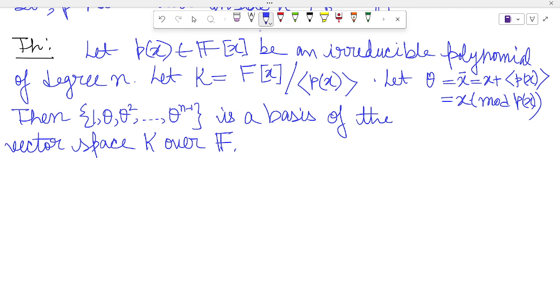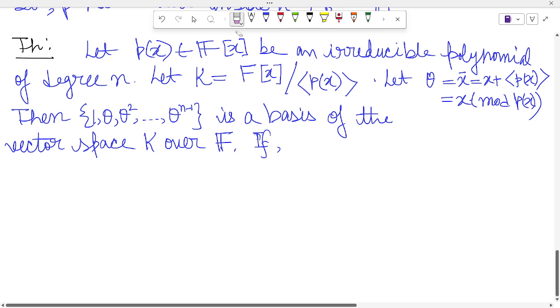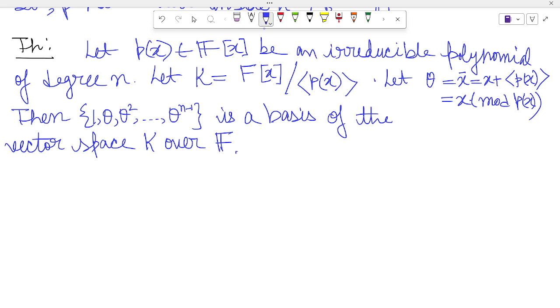So that means the degree of the extension is the degree of the polynomial p(x). Okay,